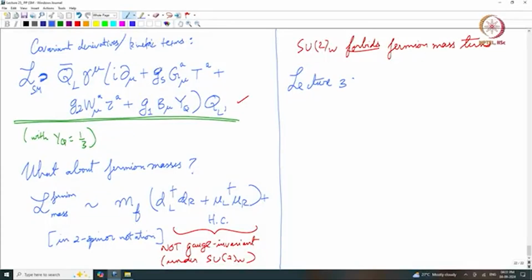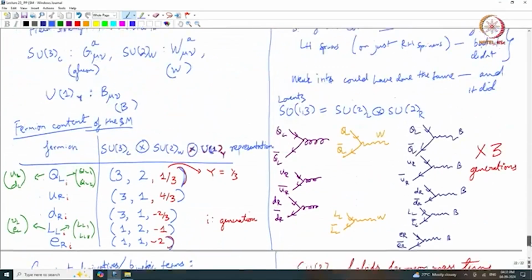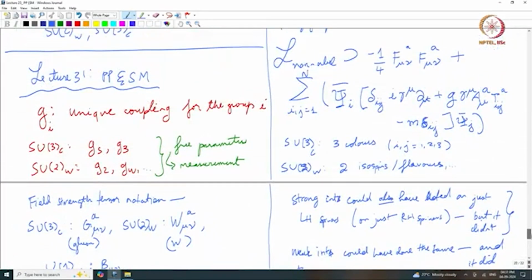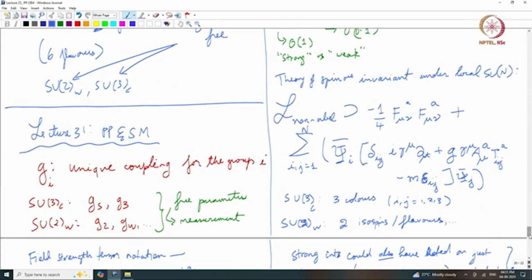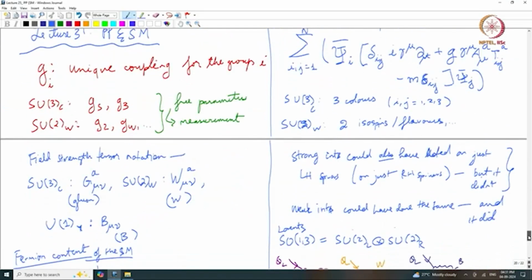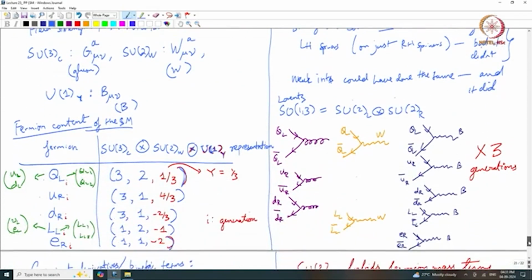Okay, so welcome back to Particle Physics and the Standard Model. This is lecture 32, and in the previous lecture we started putting together the Standard Model in a very real way, right. We made use of all the ingredients that we learnt about gauge invariance and of course Lorentz invariance, wrote down a generic Lagrangian transforming under an SU(N) gauge group, and we saw how to implement this in the real world